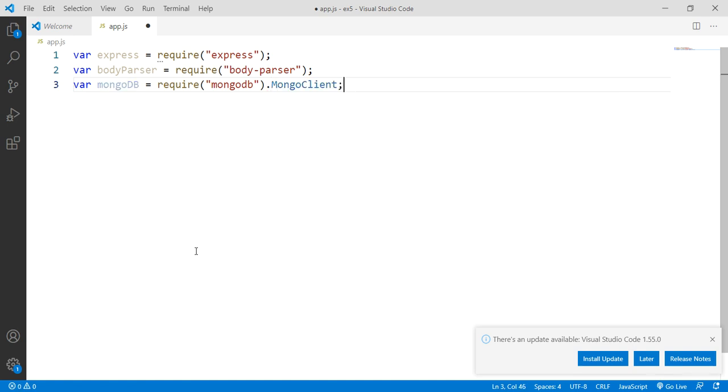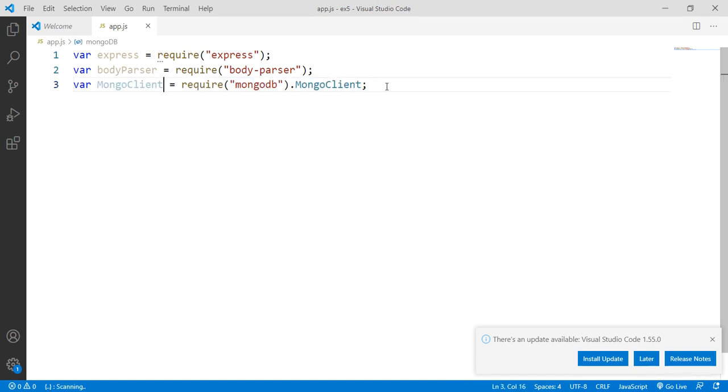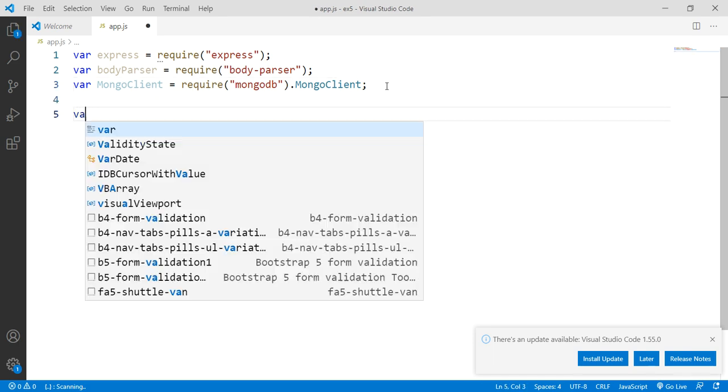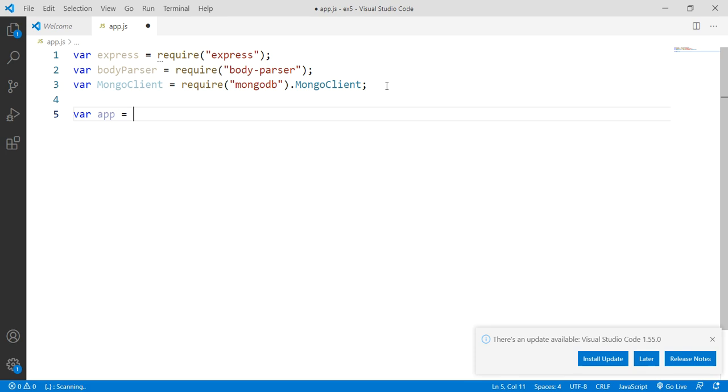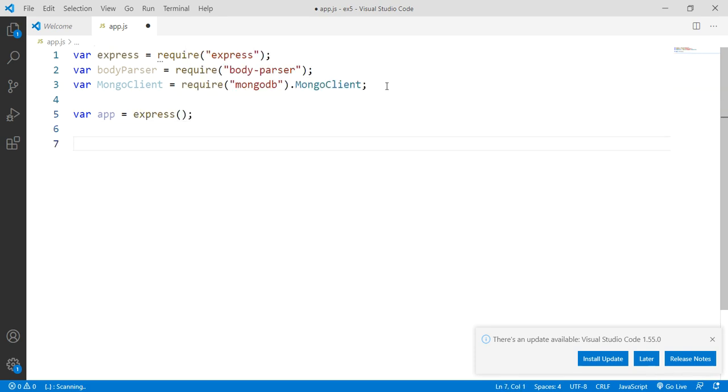So all three libraries are loaded. Next step, create the application object, where app equals express. Okay, the application object is created.